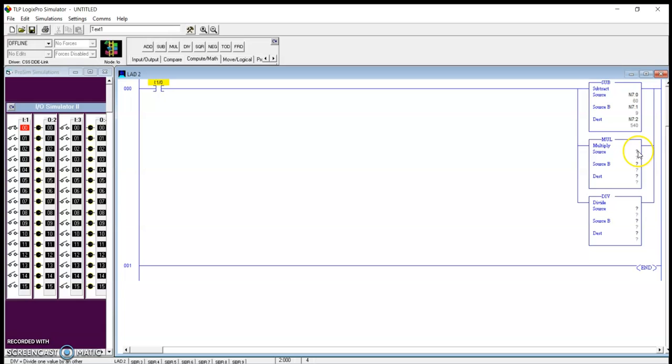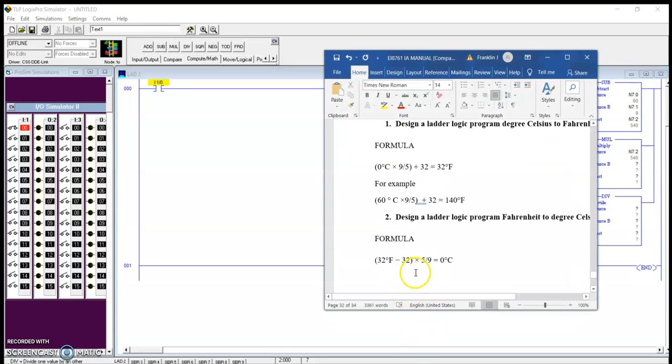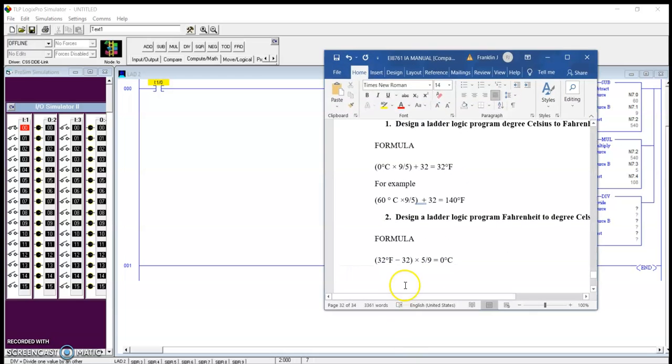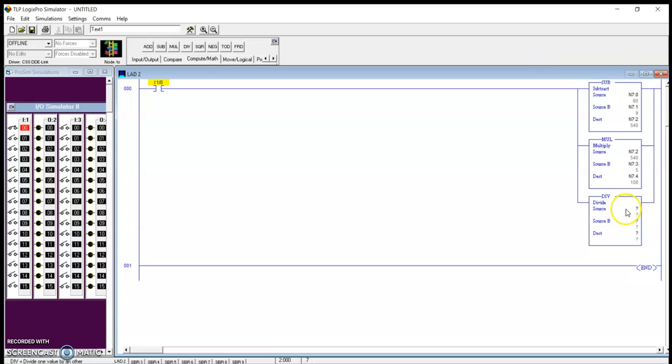Now this destination N7:2 will be multiplied by 5. N7:3. Now we need to store this in N7:4.